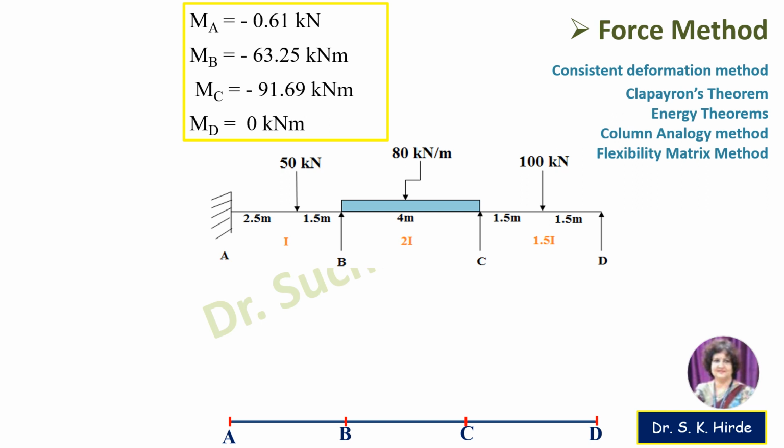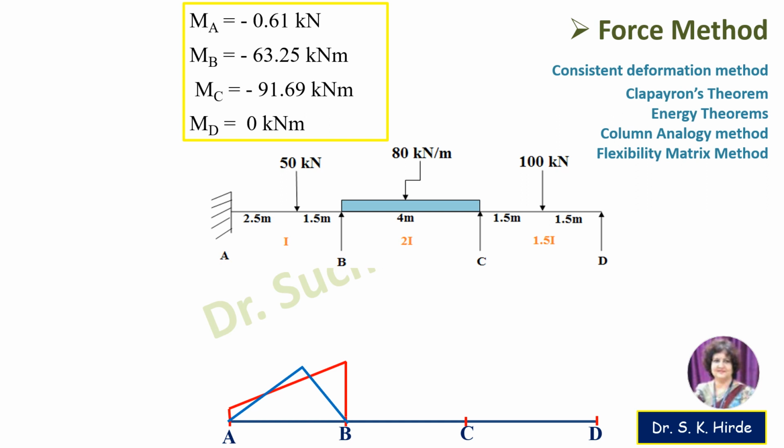Then at A, bending moment MA is minus 0.61. So if the value is negative, draw the ordinate above the line. MB is minus 63.25. Again it is negative, above the line. Join this like this. So this is negative diagram, hogging diagram, over which now we will overlap sagging diagram due to load. It is similar to displacement method. We will calculate the value WAB by L and overlap it over this diagram. So this is the bending moment diagram for portion AB.